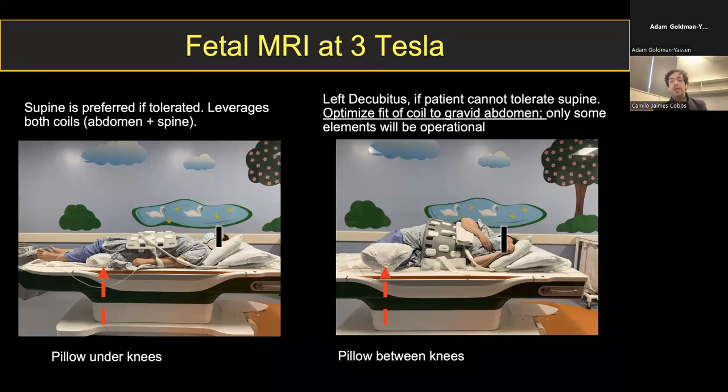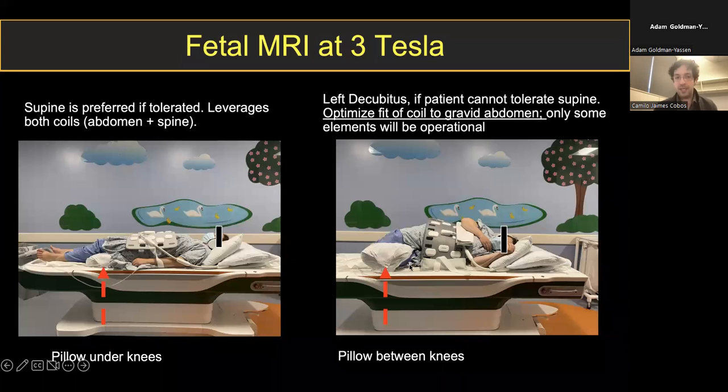More often than not, we place moms on their left side down, and we use the anterior abdominal coil like you can see here in the slide, and we leverage the coil elements in the spine from the table. Pillows and all the cushions you can get to ensure that mom is safe and comfortable during this scan are